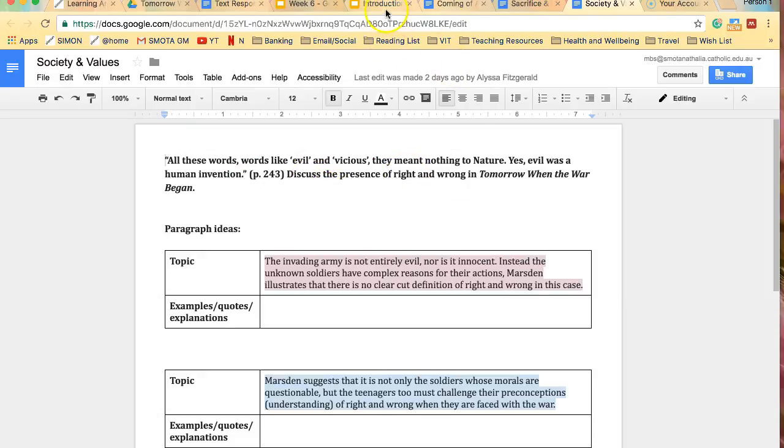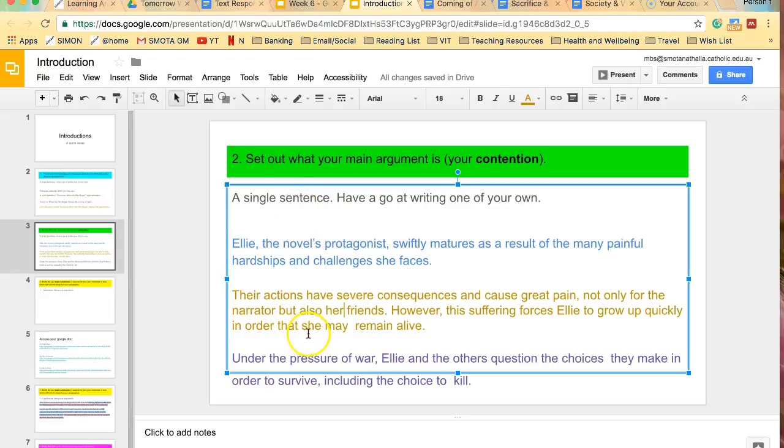So your sentence doesn't need to necessarily be an argument in this case right here. It needs to be hinting that you are going to explore. And you might say something like,